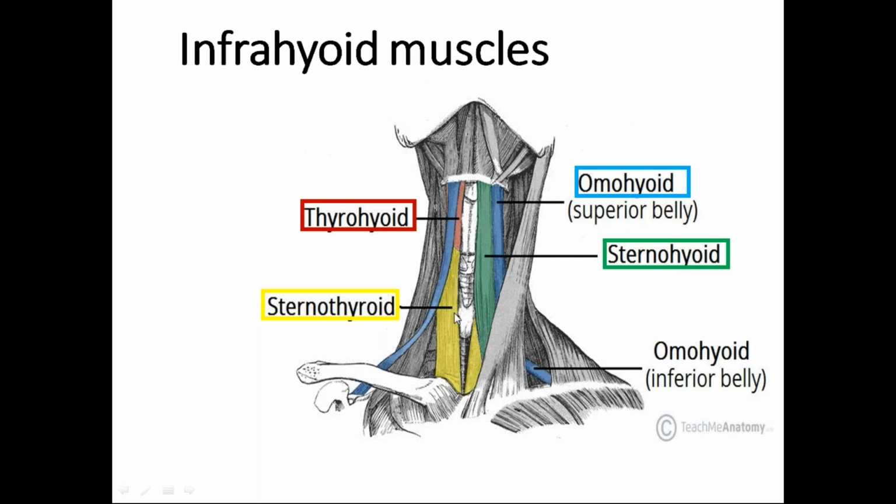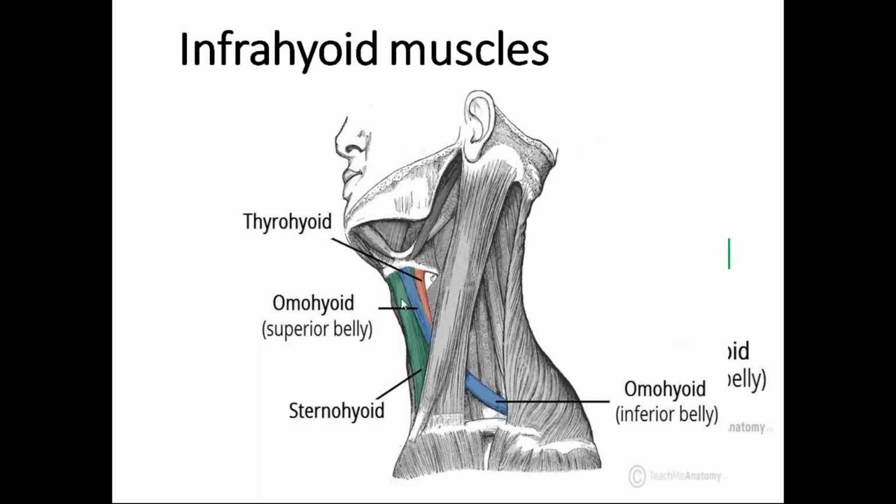sternohyoid, you can see the sternothyroid muscle, and the red colored one here is the thyrohyoid, which is the upward continuation of the sternothyroid. So you can see the 4 infrahyoid muscles, 2 superficial and 2 deep. These 2 superficial muscles are sternohyoid, and later to that will be the superior belly of the omohyoid. Then deep to the sternohyoid will be the sternothyroid, and the upward continuation of the sternothyroid is the thyrohyoid. Okay. This is the lateral view. You can see the muscles here.